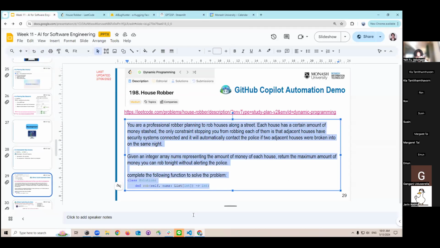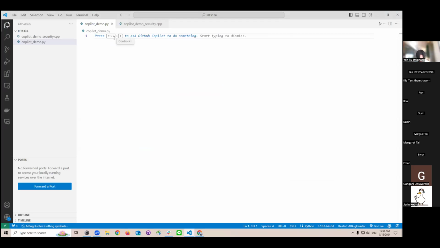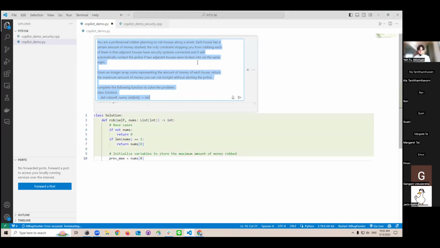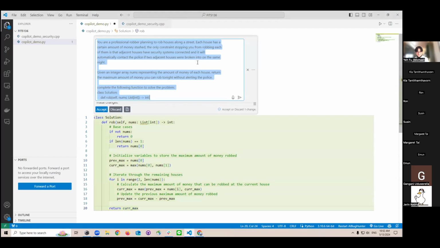So I'll copy the description here and paste it here. We ask Copilot to complete the following function and solve the problem. So let's send it. All right, let's accept it.